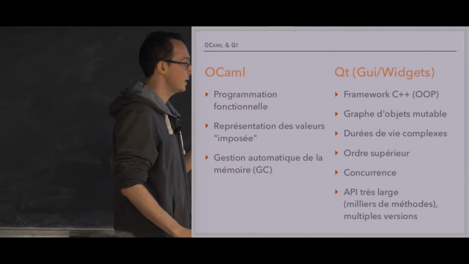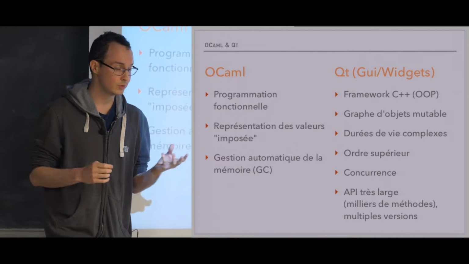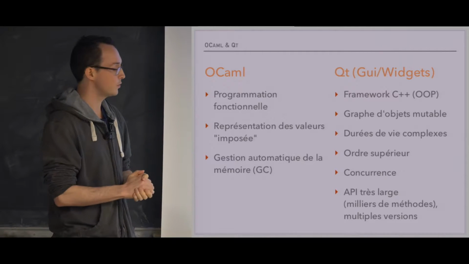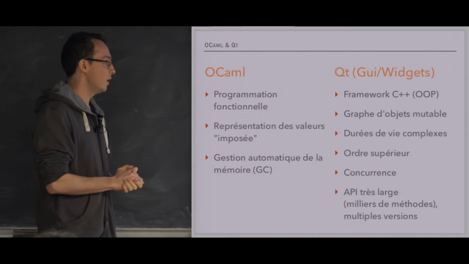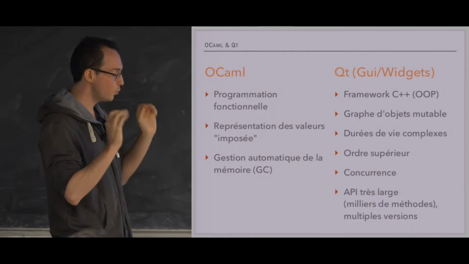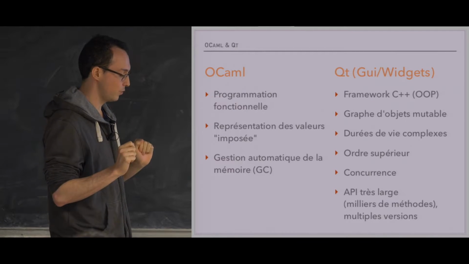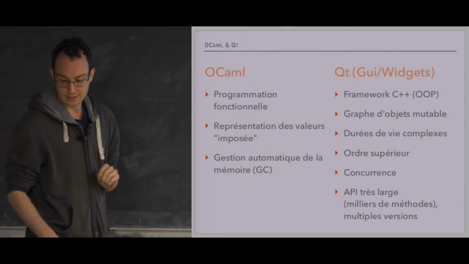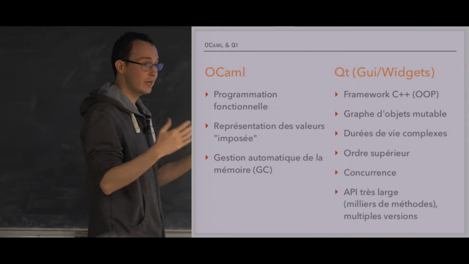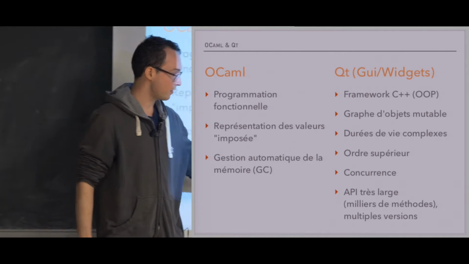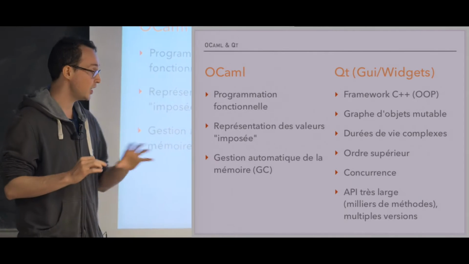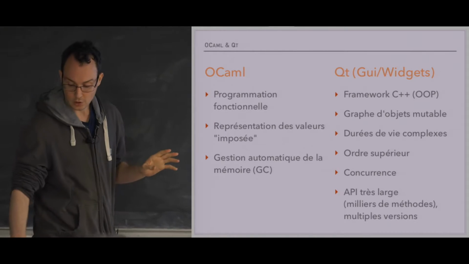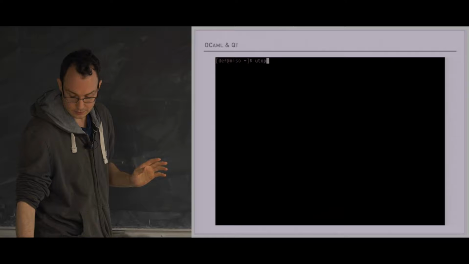On top of that, you can add concurrency. You might want the C++ UI to still be responsive while you are doing OCaml computation. So both threads might run on the side, and at some point they will exchange messages. And last but not least, the API is huge. You have thousands of methods, and it changes over different versions of Qt. So for all these reasons,